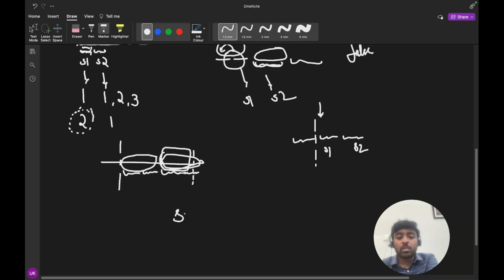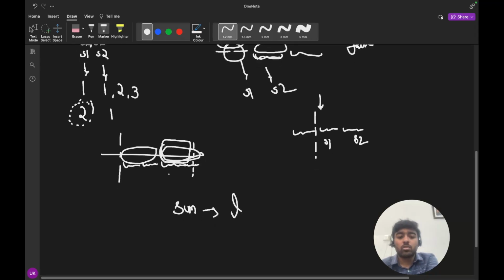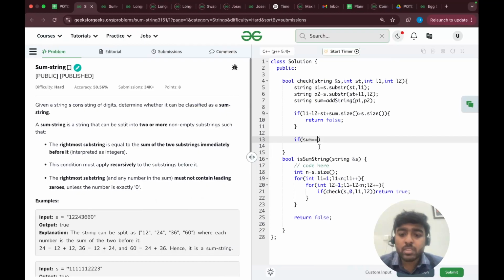If my sum was of size L, I will look at the next L length string and see whether it is equal or not. So if my sum is equal to s dot substring, starting from starting plus L1 plus L2, with a length of sum dot size.